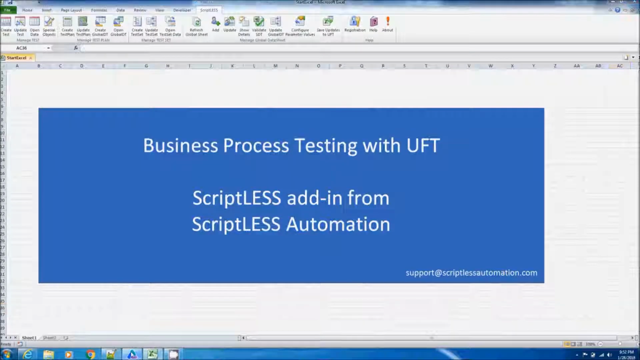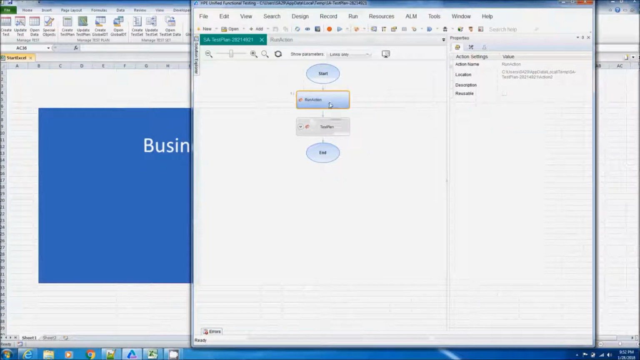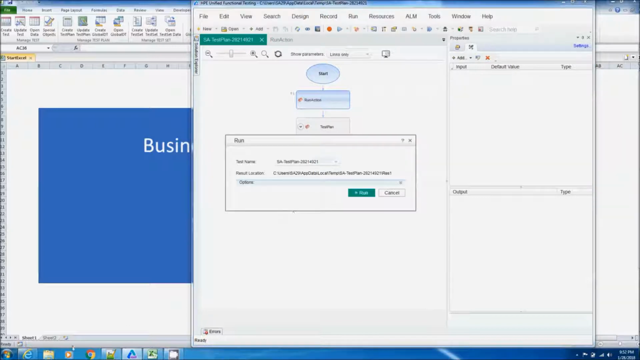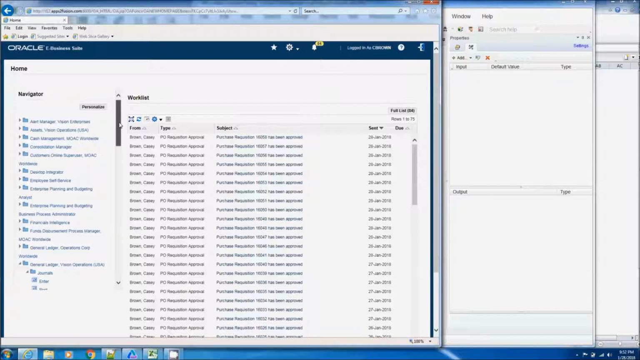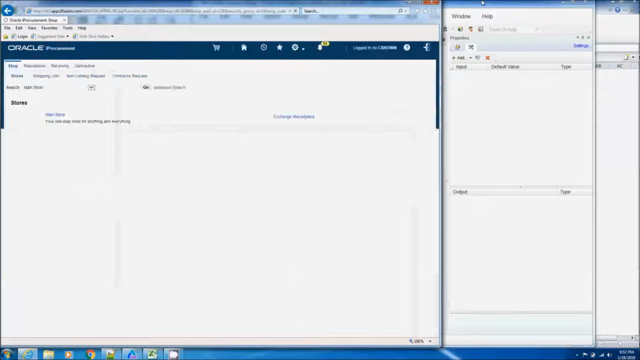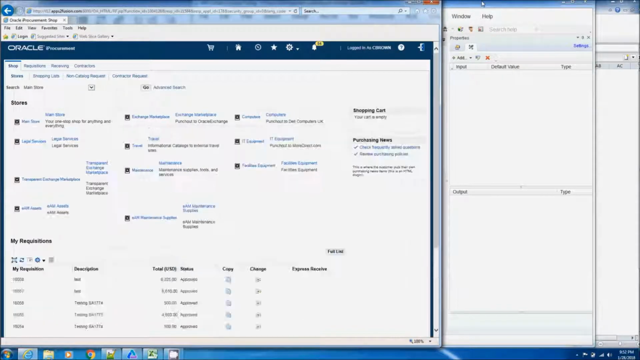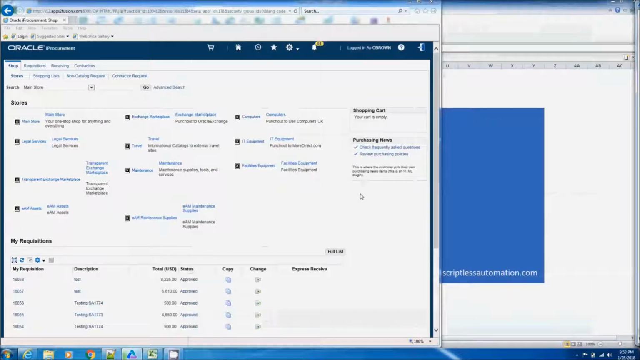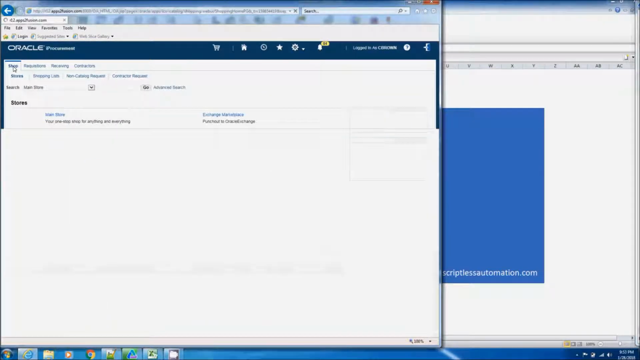Close this, and once we have our scenario, all we have to do is provide the scenario name here and run this. Let's see if we are in the iProcurement page, because that is our prerequisite for this particular test plan. It has to be in the iProcurement module homepage. So now we'll run this one and we'll see that it navigates from the home page to